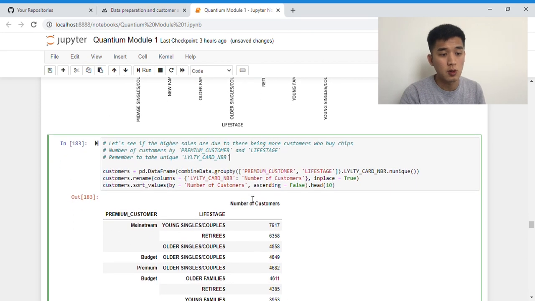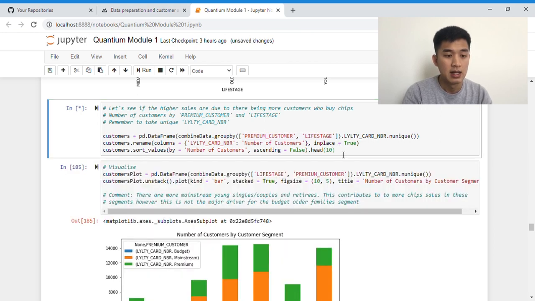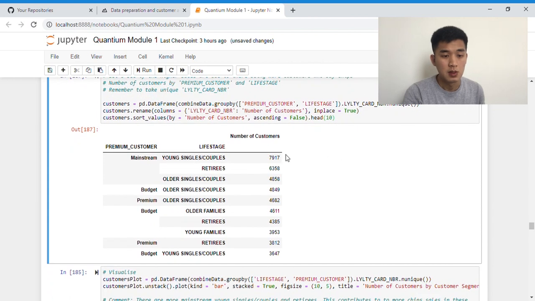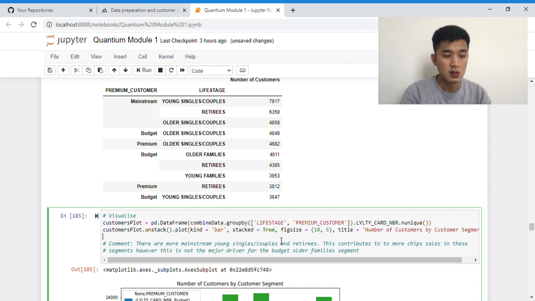Firstly, we're going to look at how many customers are there in each segment. The way we do that is by using n unique, and we're going to look at the unique loyalty card number. Again, I've grouped my combined data based on premium customer and life stage. So this is what we get again from highest to lowest. Mainstream young singles couple has the most customers in that segment, and this is followed by